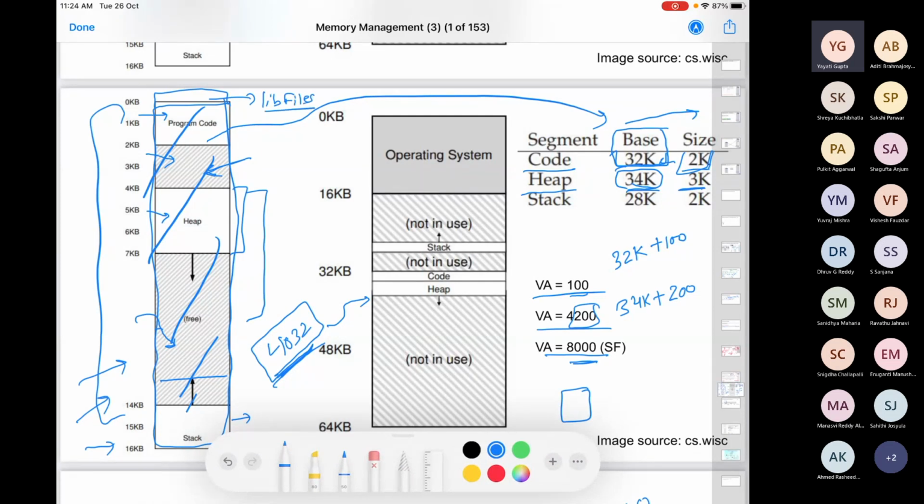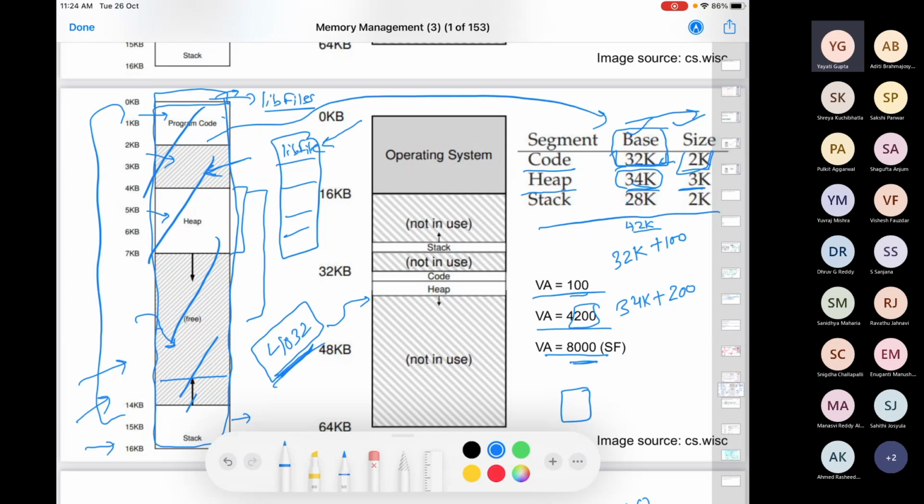And what do we need to do in order for 2 processes to share these library files now? So let's say this is one process. There is another process sitting right here, which also has this library file, some particular library file. All we have to do is again map them to the same place. How can we map them to the same place? With the help of these registers. You can set the base and size for those registers to be same. So if corresponding to this particular segment for process 1, it has a base register of, let's say, 42K in your memory, for another process which is also using the same library file, you can have the same base register of 42K. So in that way, both of these processes can now share this segment, right? Which is easier as compared to paging.